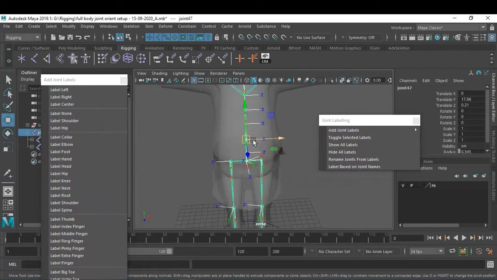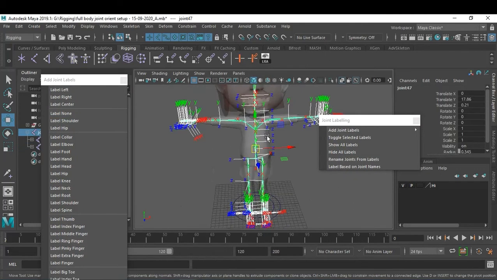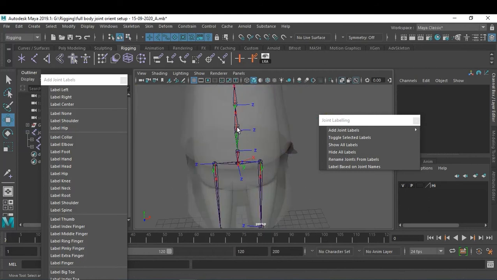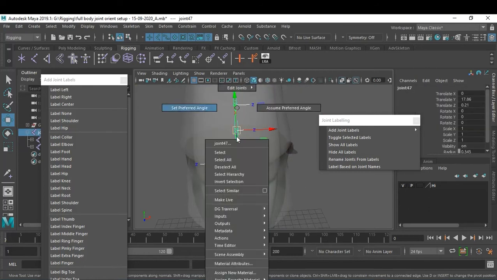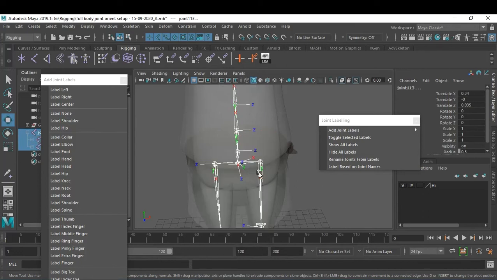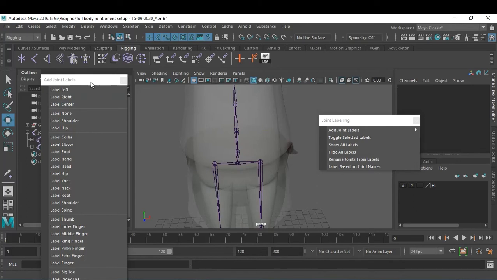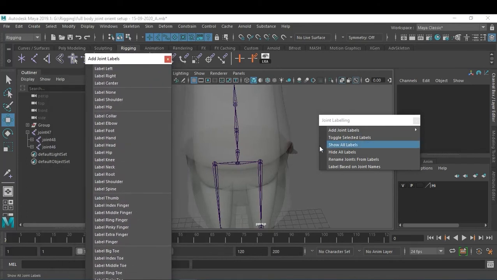Where is my root joint? Over here. This is my root joint. So all my joints are selected, and now I don't want any local rotation axis. Just say Select Hierarchy, all your joints will be selected, and just switch it off. Done. Now our next topic is naming.